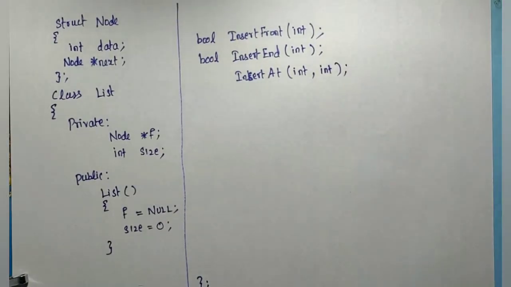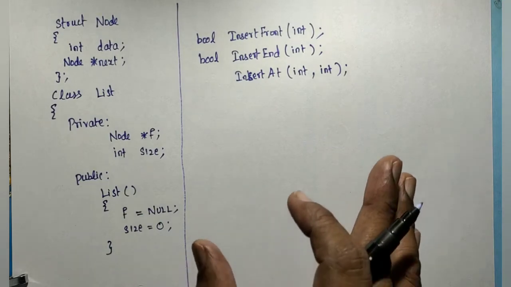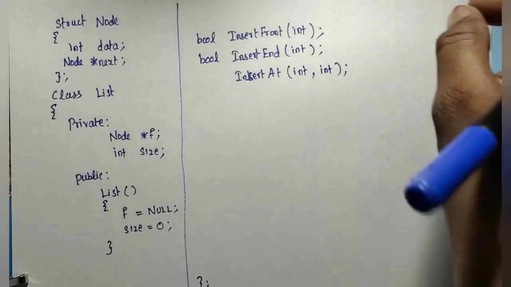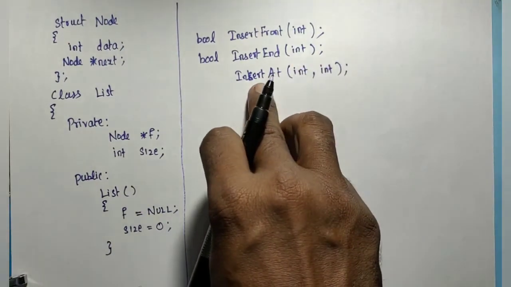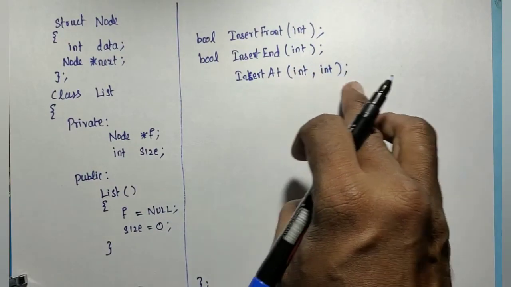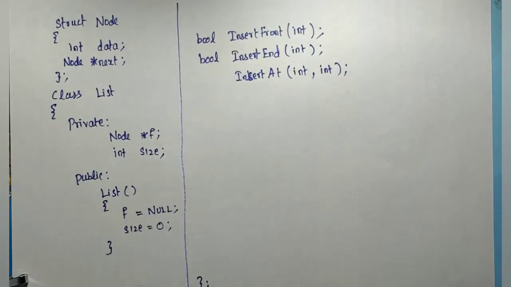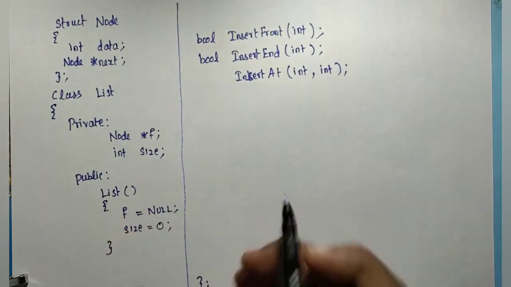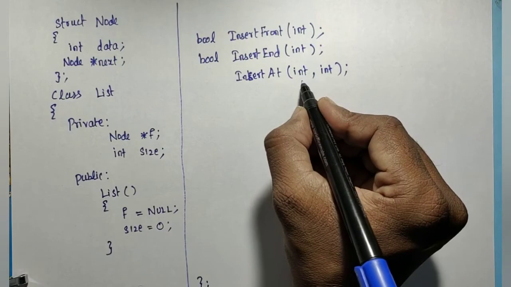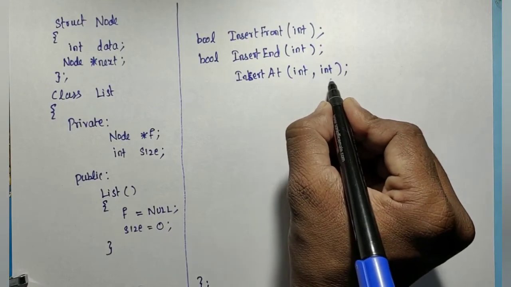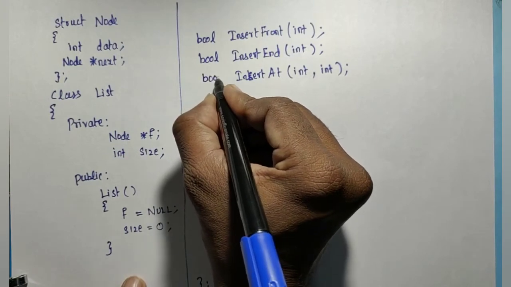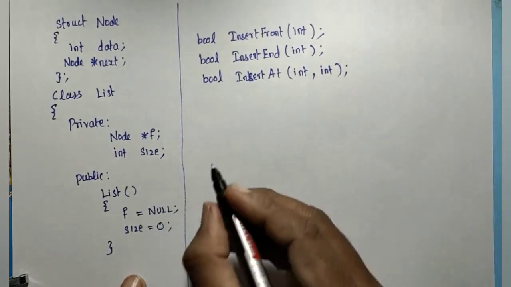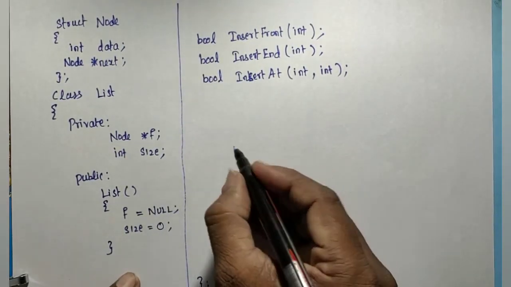There is no explicit index maintained in the list. So we need to consider the first element as the first position, the second element as the second position, like that. If you want to insert an element as the third element, after the second element I need to insert the third one. So to insert 15 as the third, you pass 15 comma 3. The return type is boolean, success or failure. The next is element at.